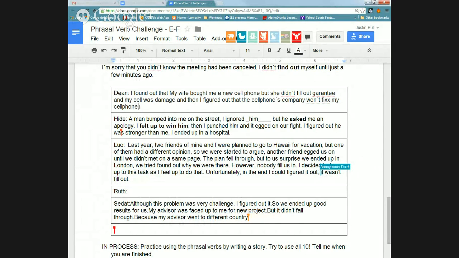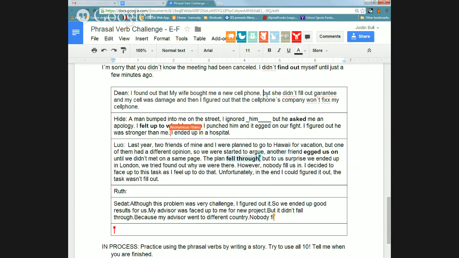Excellent examples. All right. So, I found out that my wife bought me a new cell phone. I'm a big guy in punctuation. What do we need here? What do you think, Dean? I don't know. Comma. How do you call this symbol in English? In Spanish it is comma. In English, yeah, comma. Comma, yep. Okay. Thank you. It's new for me, teacher. Yeah, no problem.